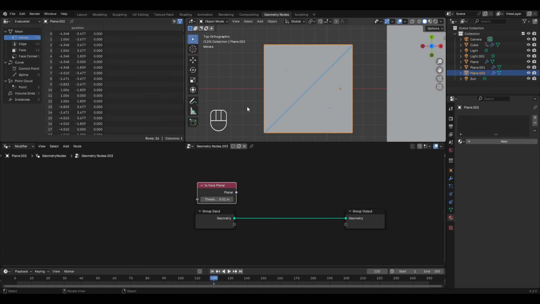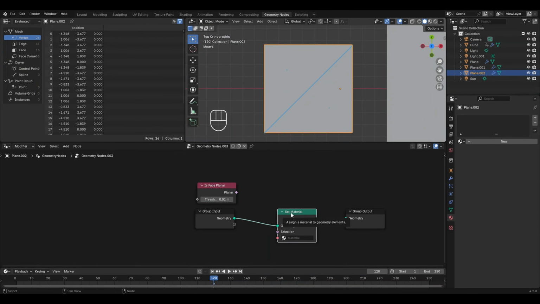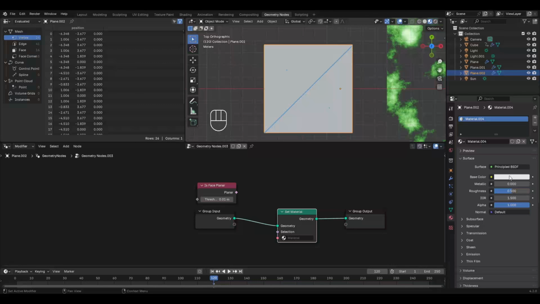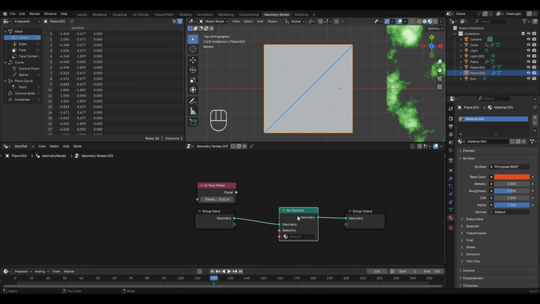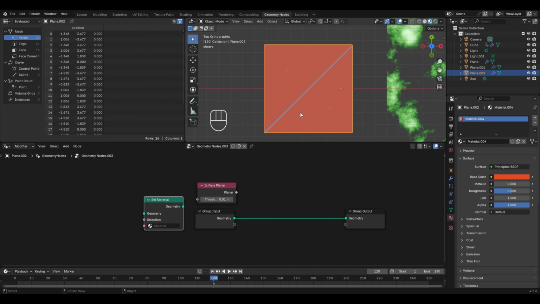Now in the geometry nodes editor, if I press Shift plus A, then go to material and add the set material node, place it over here. Then to create the material, I'll go to the material properties and create a new material. Also, let's open the material preview mode, and now if I try to change the base color from here, and then if I remove the set material node from here by holding the Alt button and dragging it like this, then you can see that even though we are not using the set material node, we still have the material.004 applied, and this is because it is the first default material that we created in the material properties